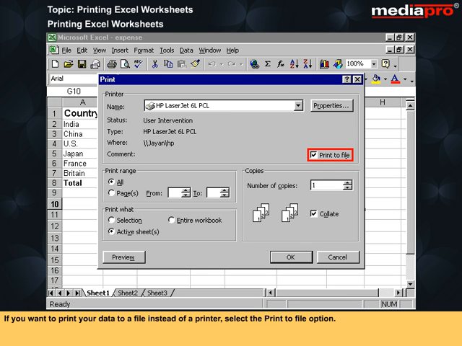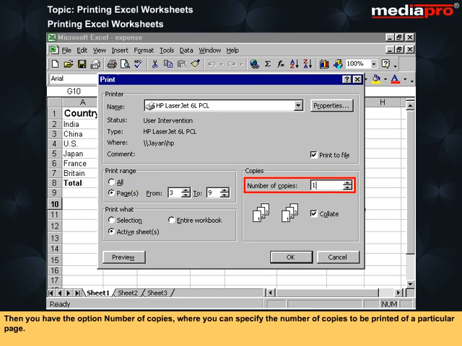If you want to print your data to a file instead of a printer, select the Print to File option. If you want to print the entire document, select the option All under the print range. If you want to print only some specific pages, then select the Page or Pages option. Then you have the option Number of Copies, where you can specify the number of copies to be printed of